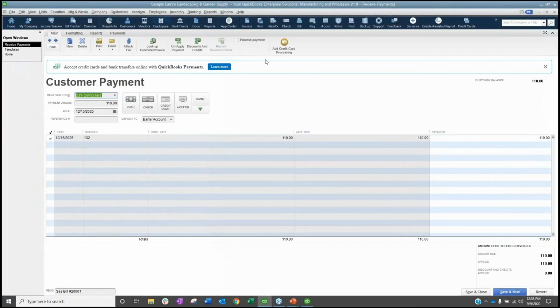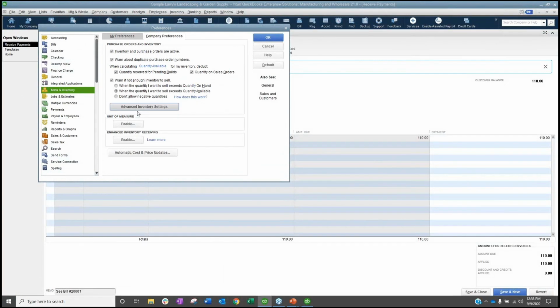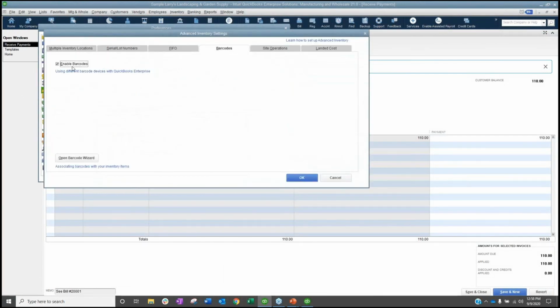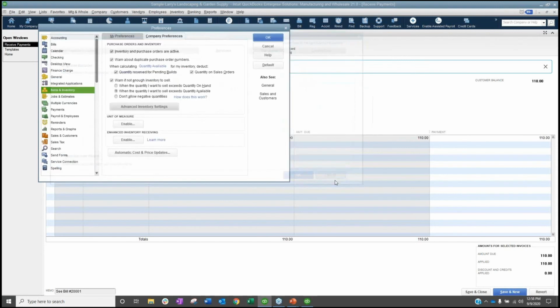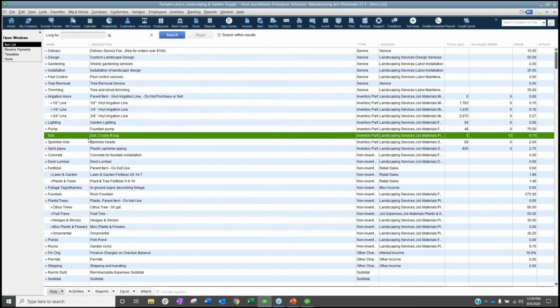All right. So in enterprise only, this is another enterprise only feature. There's only a couple, as I mentioned. We do have the ability now to print prices on labels. So in enterprise, right, we have under items and inventory, advanced inventory setting, we can have barcode labels, enable barcodes. This has been here for a while. Once you have barcodes set up on your items list, right, so if I get into an inventory part, I have my barcode number there, my QuickBooks generated for me.